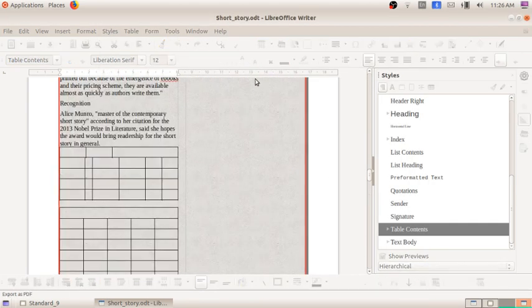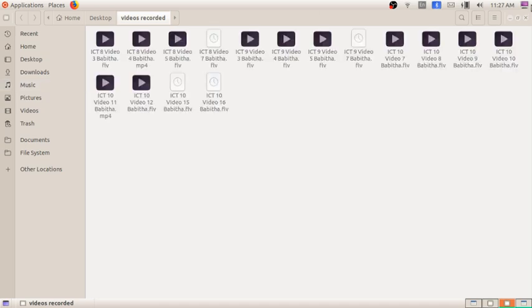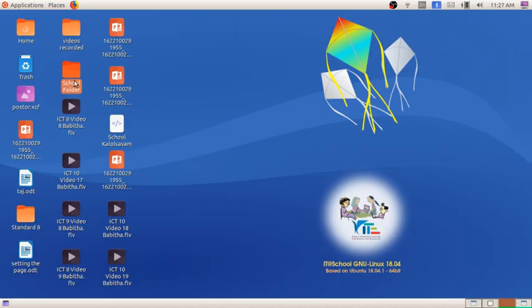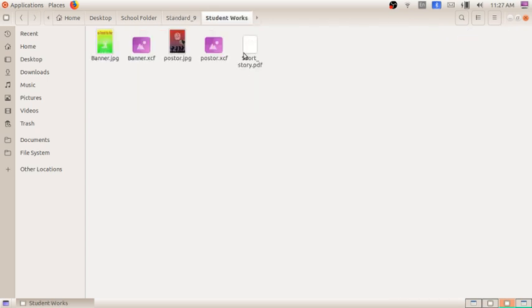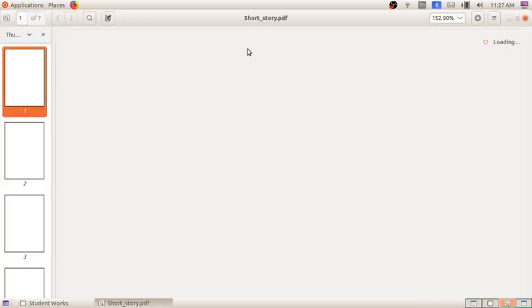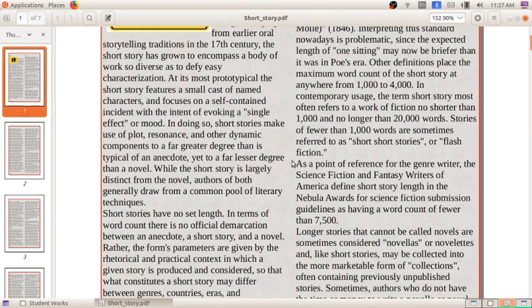Now you can see the page got saved and is converted to PDF. Now we can check whether it is saved or not. In the school folder, standard 9, here you can see student works. Here you can see our work, short story.pdf. When we open this, you can see our report in a PDF format.